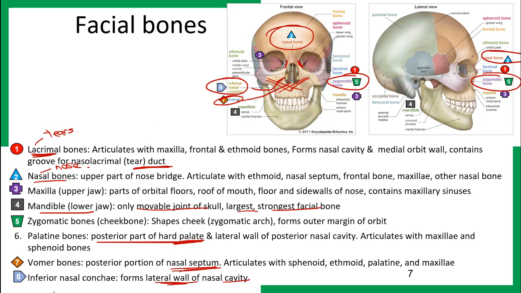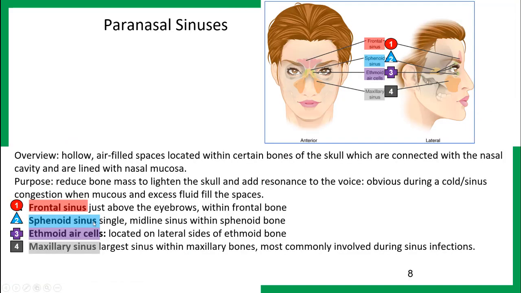So again, out of this, this is about as much detail as you need to know for this course. When we move on to the paranasal sinuses, paranasal means next to the nose, right? And the sinuses are basically air-filled spaces